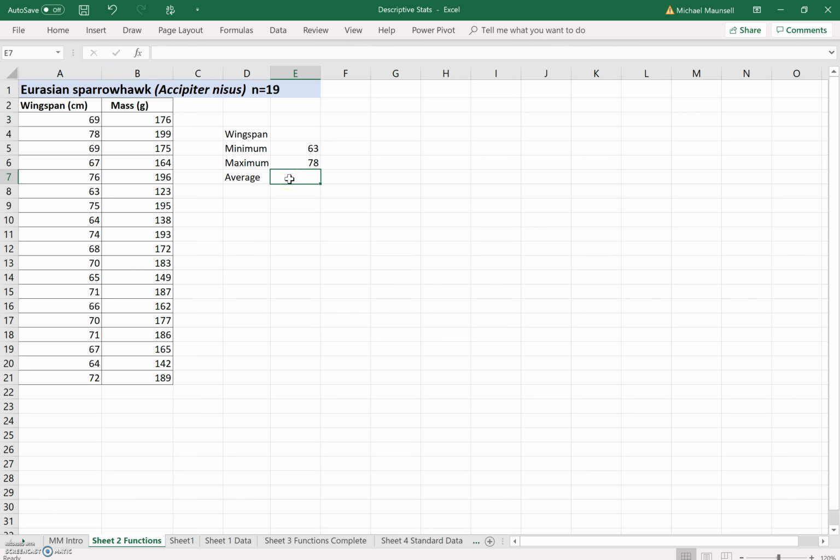To get the average or the mean, we type in equals, but this time we type average. Using that function key, we select the same data and we close the bracket. And we know the mean or the average is 69.4. We could do this and many other functions for the wingspan and the mass. But we're going to move on to using the data analysis package to see how quickly we can generate basic